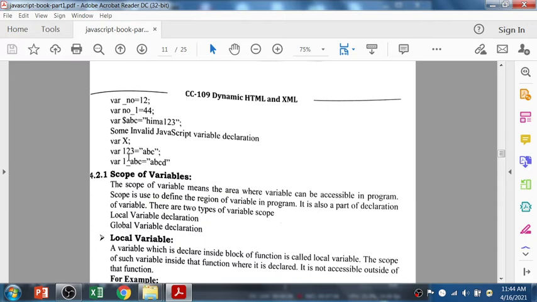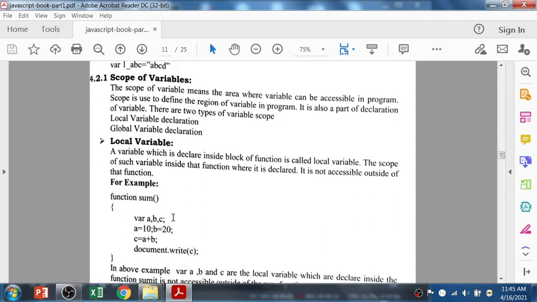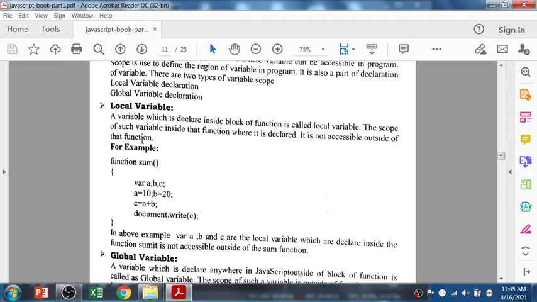Now the scope of the variable. The scope of a variable means the area where the variable can be accessed in the program. So it is also a part of the declaration of the variable. There are two types of variable scope: the local variable declaration and the global variable declaration. A local variable is a variable declared inside the block of a function.